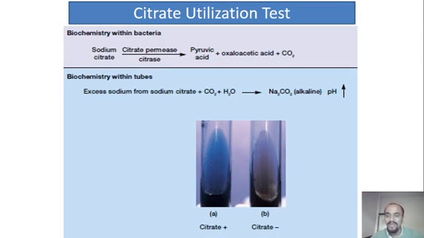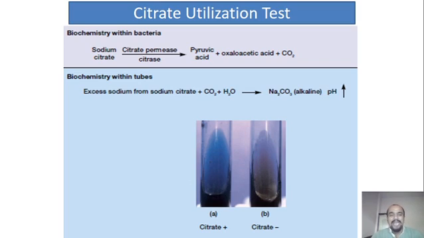The next one is citrate utilization. It detects the ability of bacteria to use citrate as a sole source of carbon. So we have Simmons citrate agar used to check this ability. There is a specific enzyme called citrase and citrate permease which allows the citrate to come inside the cytoplasm, and we all know there's a TCA cycle working. So it takes this citric acid to the TCA cycle, producing pyruvic acid, oxaloacetic acid, and CO2, which is already produced in the TCA cycle.